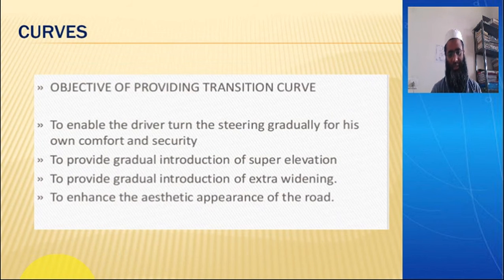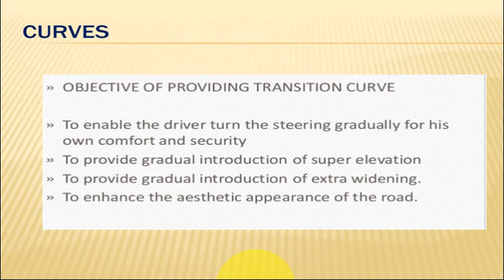The next important feature is curves. As we generally see, curves are required. Why? Because the alignment of the road is not the same at all times. You may encounter rivers, mountains, or different things that come across the planned alignment of the road. It is not possible for me to run a road by removing that obstacle. The obstacle can be a temple, a mosque, a historic place, or different things. So you need to change the alignment of the road.